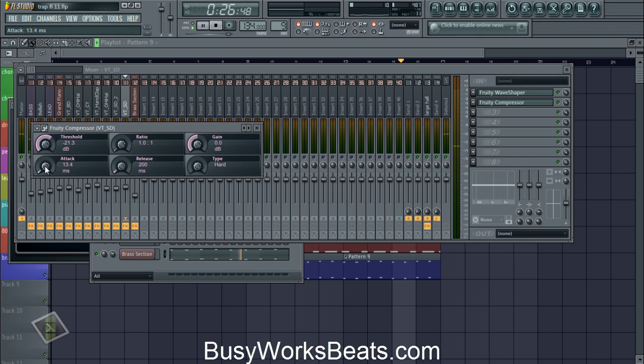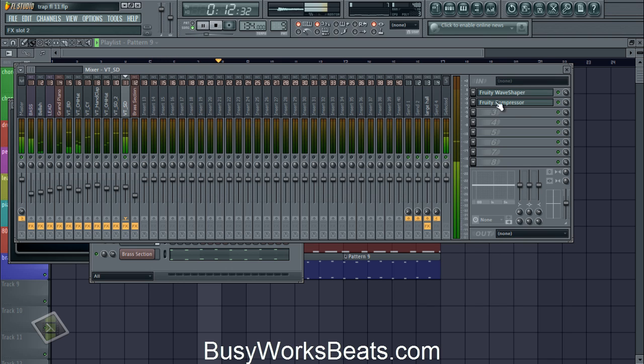The attack about 13 milliseconds. 2 to 1 or so. And add 2 dB of gain compensation. This is going to make it less dynamic. It's still pretty weak, but that's the point.